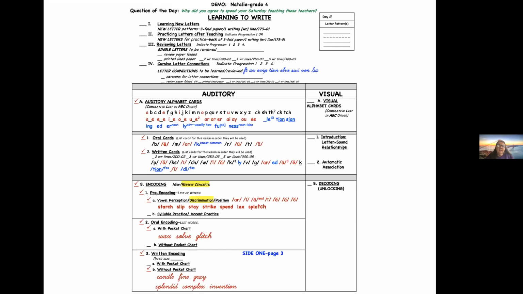And it does have that progression 1 where you do it again, and depending upon whether you're teaching younger kids or older kids, remember, as fast as you can, but as slow as you must. You want to go as fast as they can go, but you don't want to go so fast that they fall apart. And the sooner you can get them not to have to do the whole thing, the better, but you don't go faster than they can be successful. Okay, so that was our A and B, our skills.